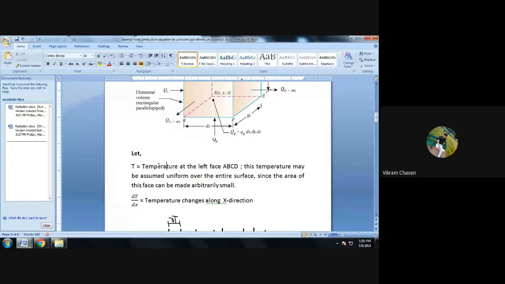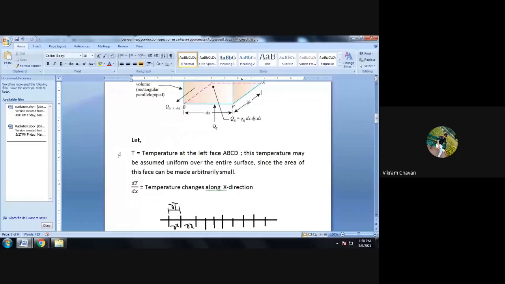This temperature may be assumed uniform over the entire surface,